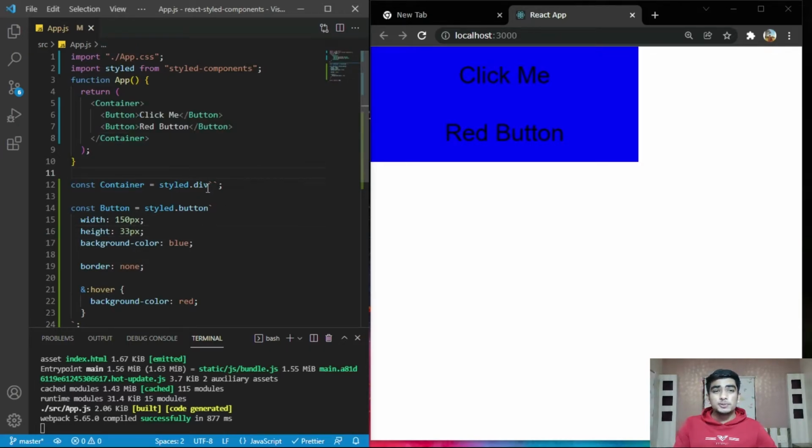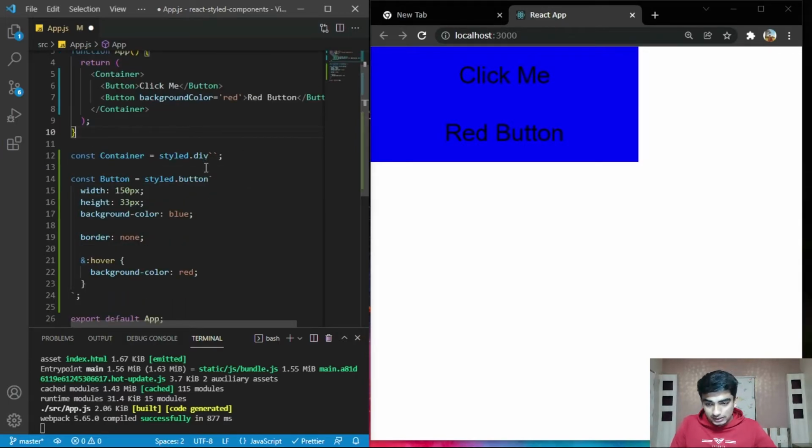Props means properties of that particular component. Suppose here I provide background color as a prop, and type red for the red button. Then we need to provide some JavaScript here.